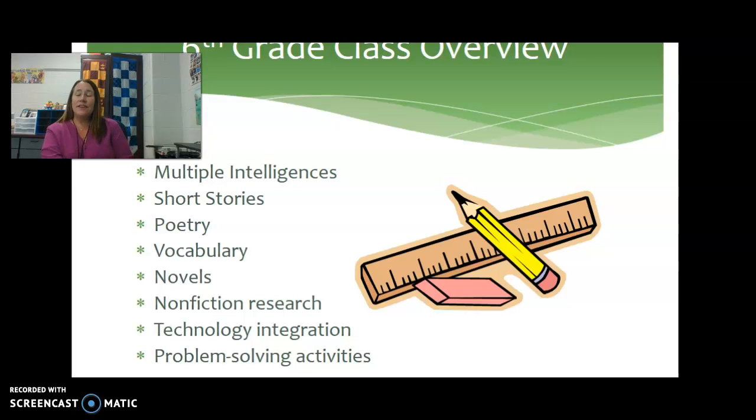We do nonfiction research, but I don't want you to think of this research as just research, write a paper. Not at all what it is. It's the kind of research where you actually take the information and do something with it. I've had students who have learned to play the cello, taught themselves different languages, learned to code. I've had students learn survival skills and then go out into the woods and try to locate plants and things that they can use to live off of the land.